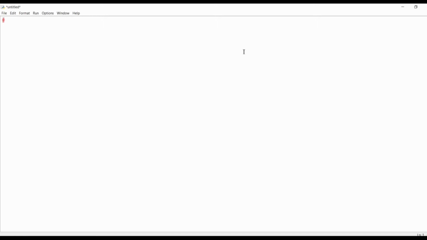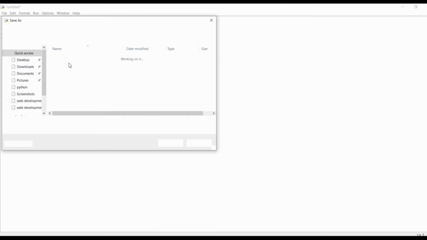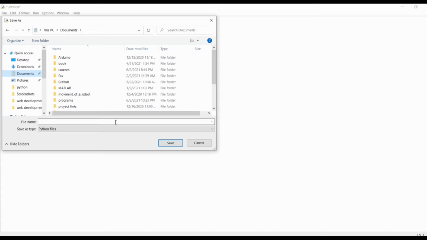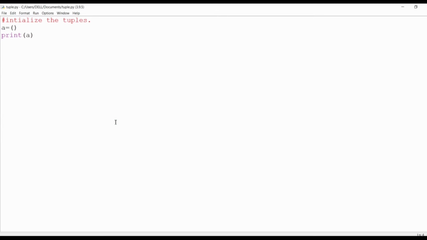Here I am going to initialize the tuples, just giving a variable a equals to open and close parenthesis, and I am going to print it and save this file as tuple and click on enter.